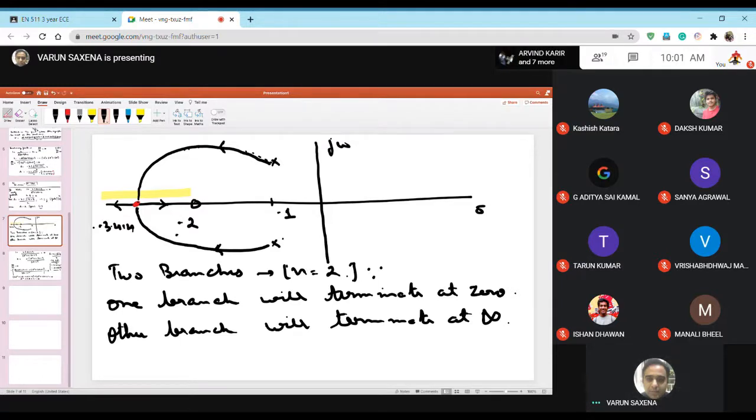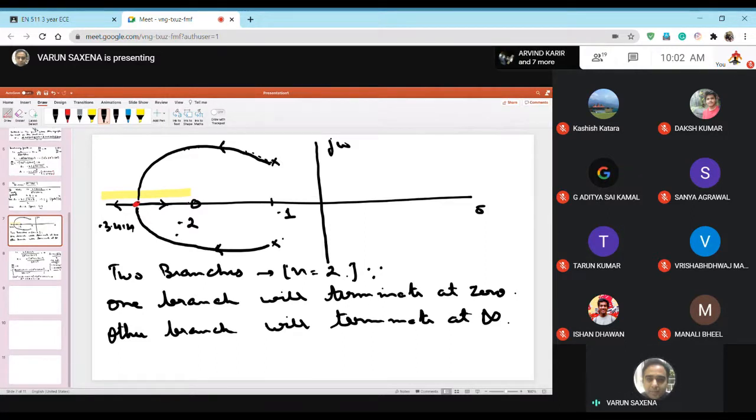Now, there's another question in this graph. I hope that till now we are clear with how we are proceeding. We found out how many branches, how many zeros, how many poles. Then we found how many branches will terminate at zeros and how many at infinity. Then we found the regions on the real axis where the root locus lies. Then we evaluated the breakaway points, and we found there are two. One got rejected because that point doesn't lie on the root locus, the other one does. And then I made this graph.